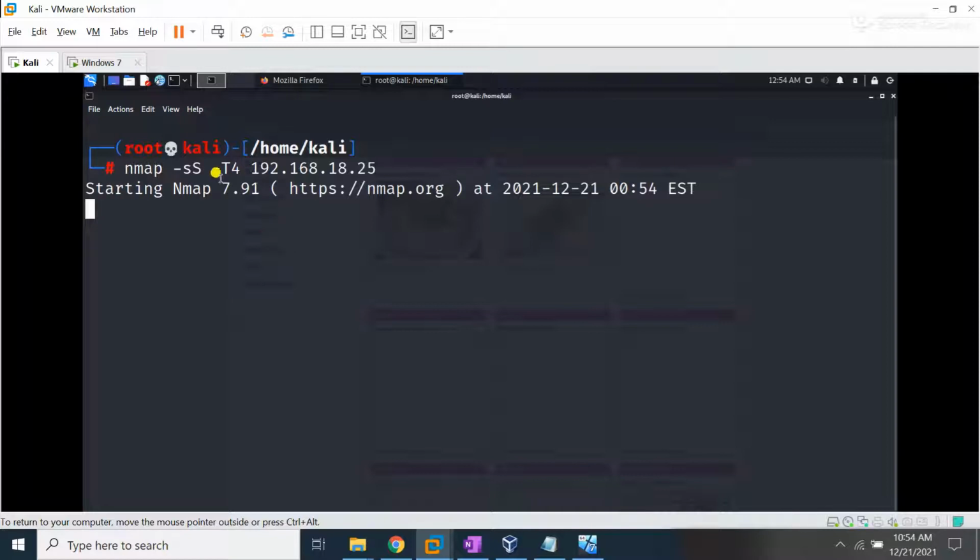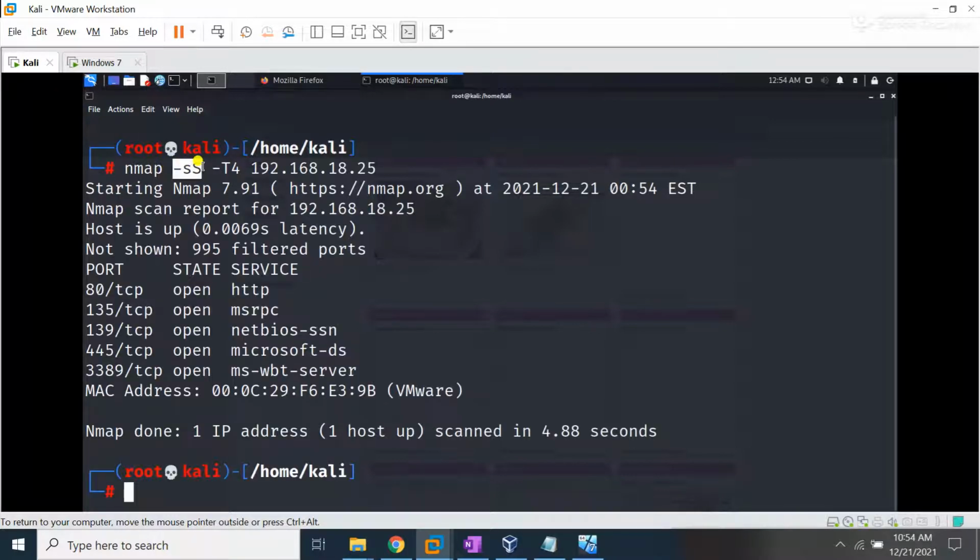In order to perform a TCP SYN scan, you can use this switch. See here all the ports which are open. The TCP protocol is shown on these ports.